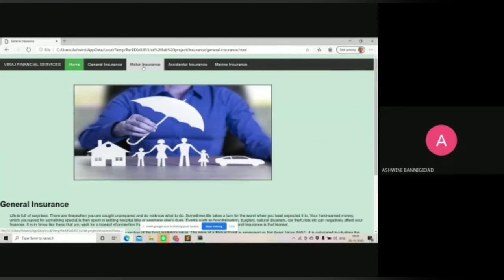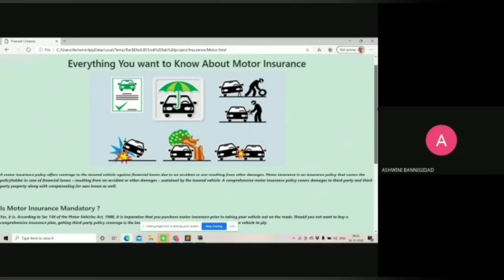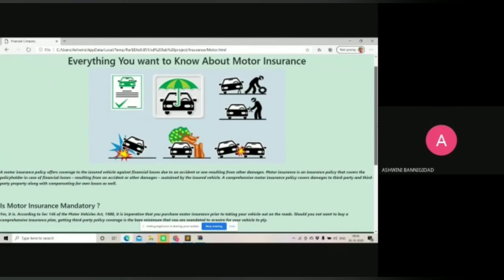The first one is motor insurance. Going through motor insurance, the customer gets information about motor insurance for his vehicle, such as a car. In this page, we have provided the information about motor insurance.